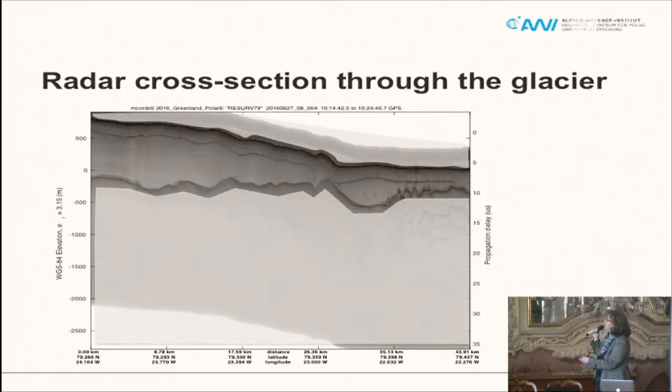You are seeing here in this very dark color the surface of the glacier, and you can see here the base of the glacier. And that's actually how we measure ice thickness. We are using ground penetrating radar and get the reflection from the base, and from that we know how the basal topography looks like. And from here on, from this location on, the glacier is afloat. So this is the floating tongue.